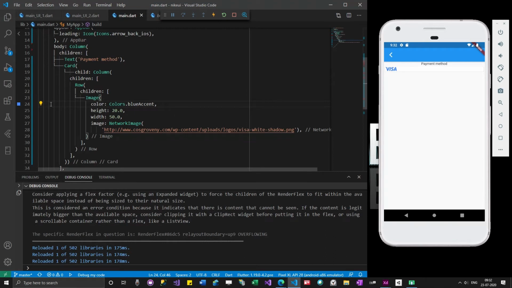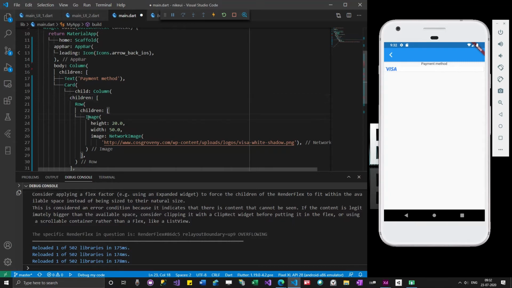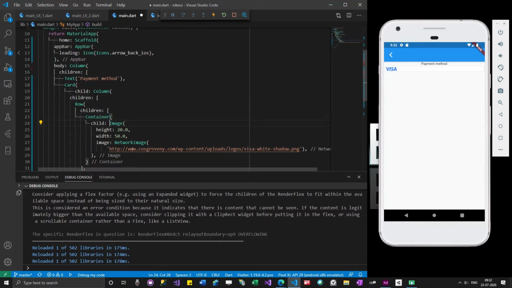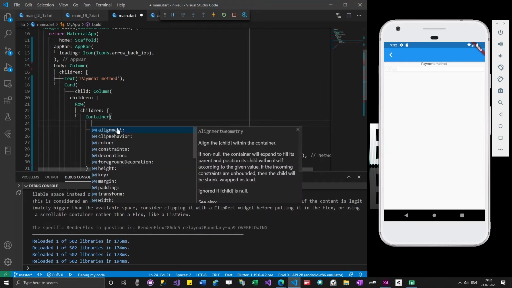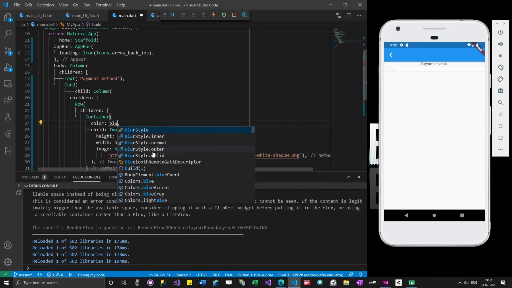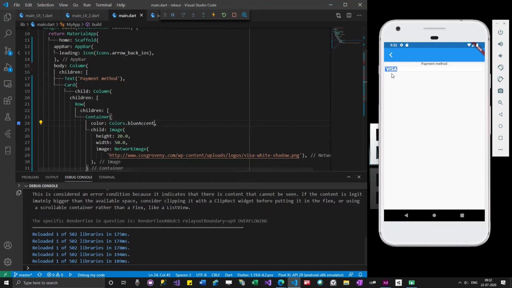I don't want such kind of coloring. I want a background coloring. So I can get it by adding the image to a container. Now it looks much better.